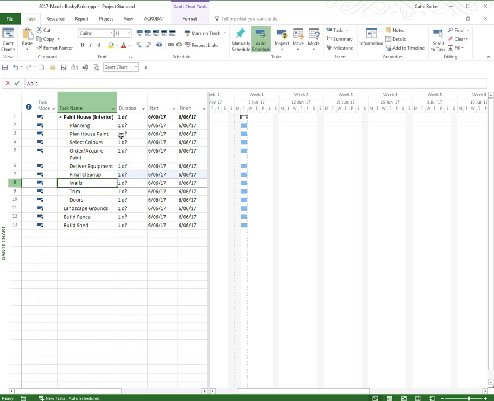Now these tasks I'd like to indent under planning, so I highlight 1, 2, 3, 4, 5, and I indent them with the green arrow pointing to the right. Now paint houses is the first level or top level or level 1 summary task, and planning is a level 2 summary task. I don't like the height of this row, so I'm going to increase the width of the